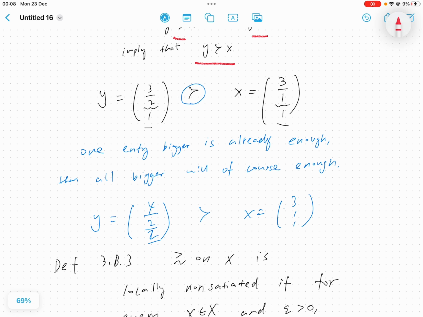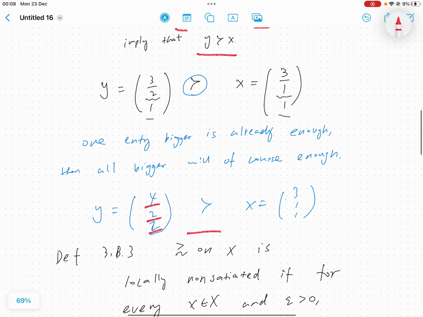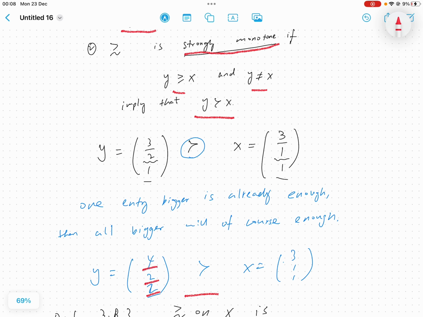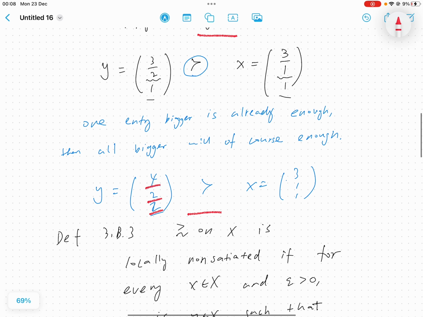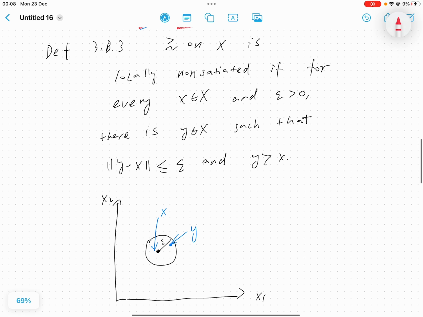Okay. And now let's suppose we have this as 4, 2, 2. If each entry in y is greater than the corresponding item in x, then this still holds. So that's why we're saying that strong monotonicity implies monotonicity. Okay, good. So now let's introduce another definition